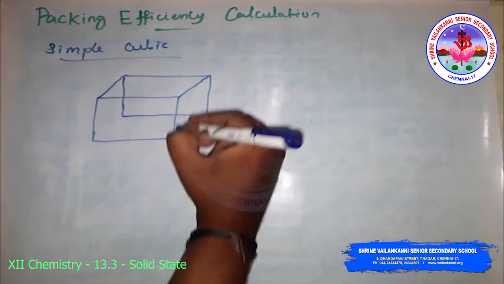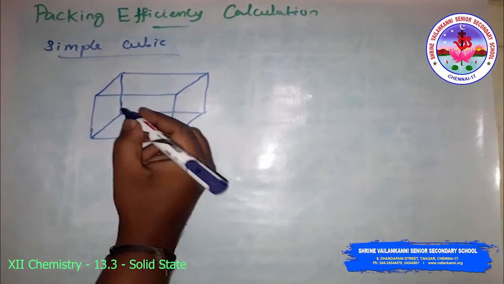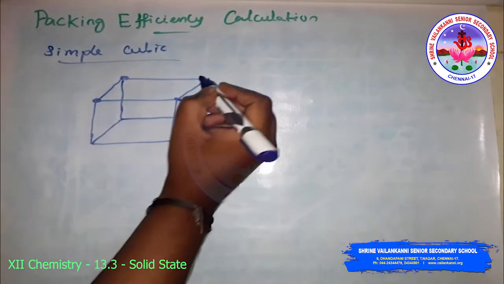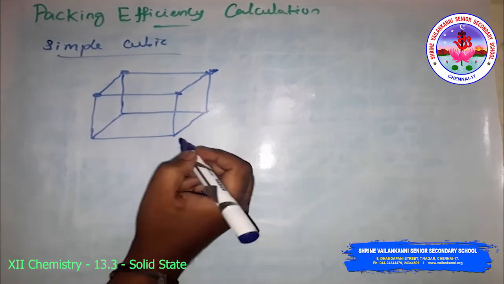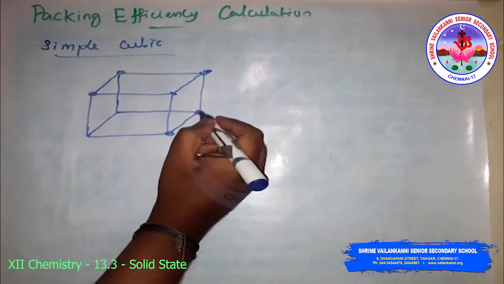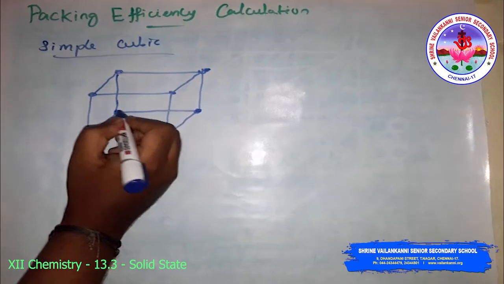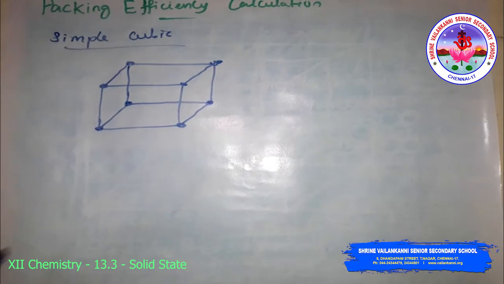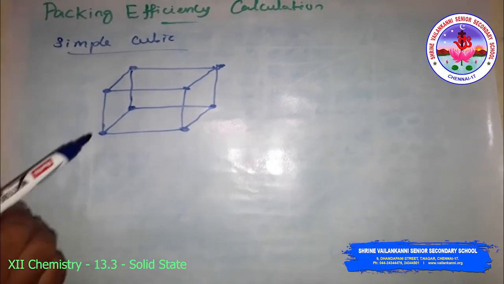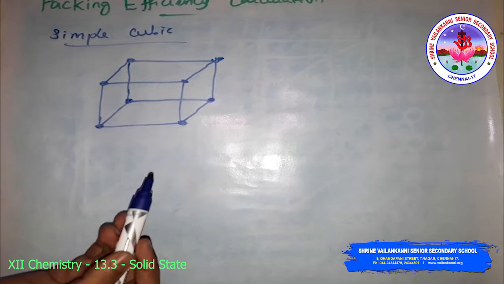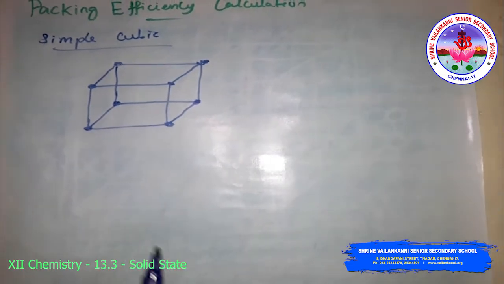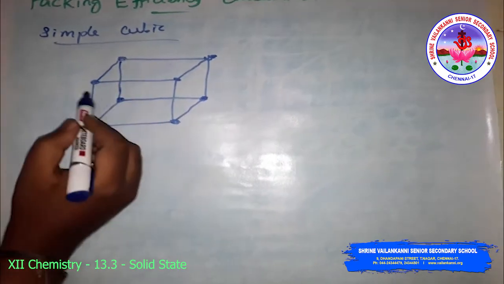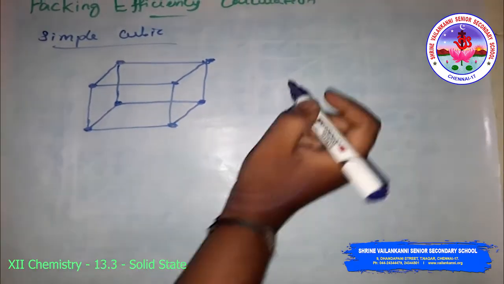So this is the simple cubic. So they have 8 corners. Non-primitive unit cell. See here, this simple cubic, what is the radius? First we want to find out the atomic radius. So radius is what? Half of the distance between the centers of the nuclei. That means you can take this too.